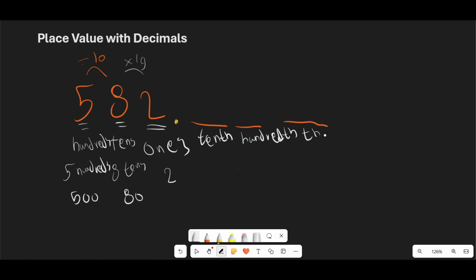The tenths value is 1 over 10, as we know. Dividing 1 over 10 by 10 is 1 over 100, which is the place value of the hundredths. And the thousandths is 1 over 1,000. Let's put our real numbers here, for example,